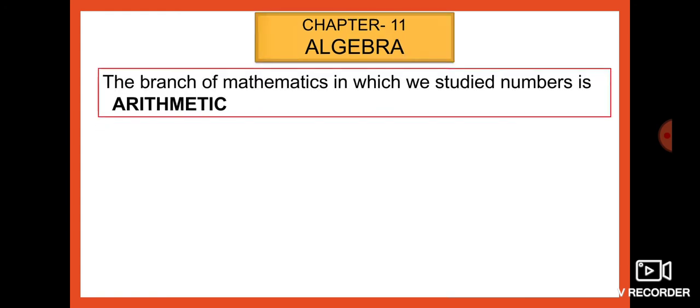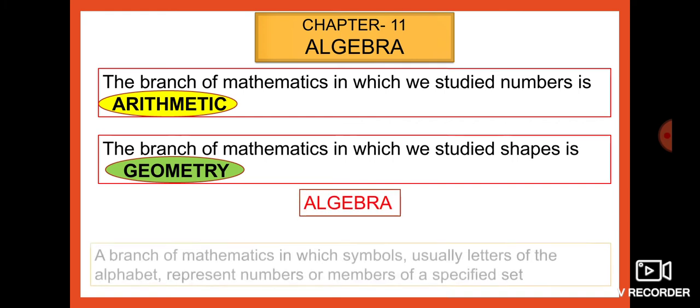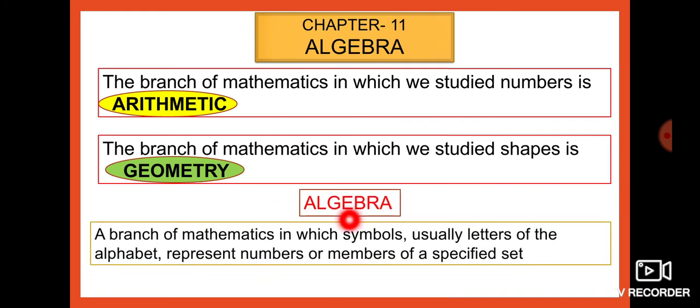Here you can see the branch of mathematics in which we study numbers. About numbers is called arithmetic. Arithmetic is a branch of mathematics in which we study about numbers. Next, geometry. That is a branch of mathematics in which we study shapes, rectangles, squares, circles, triangles, etc. That is geometry. Next, our algebra, a branch of mathematics in which symbols x, y, p, q, etc., all the